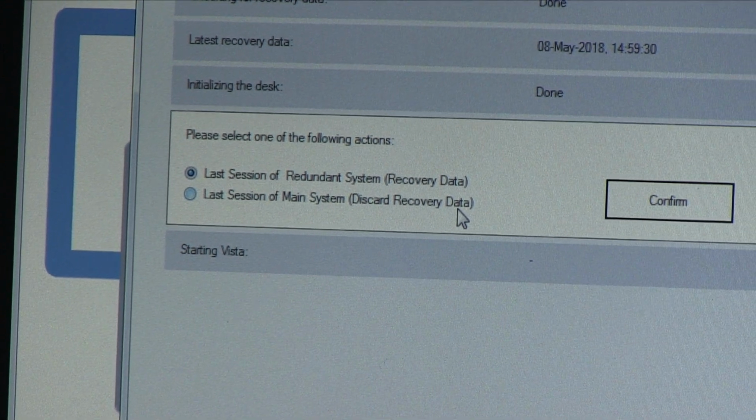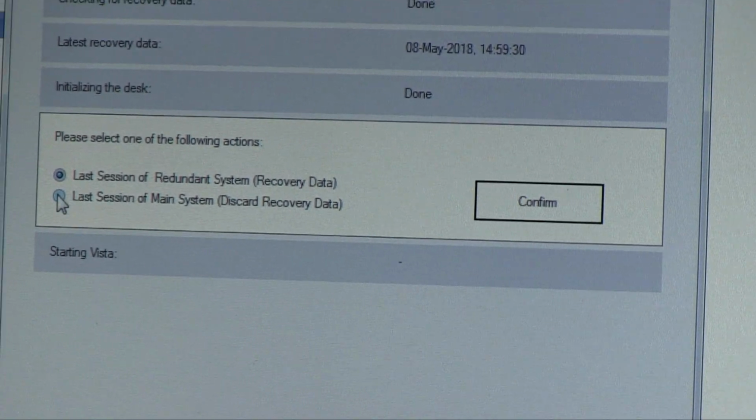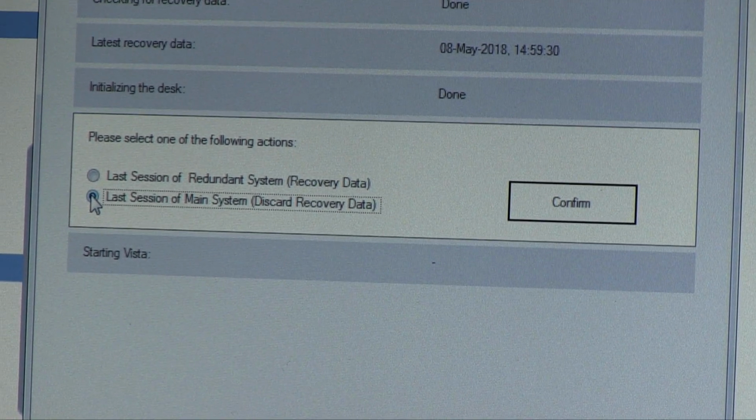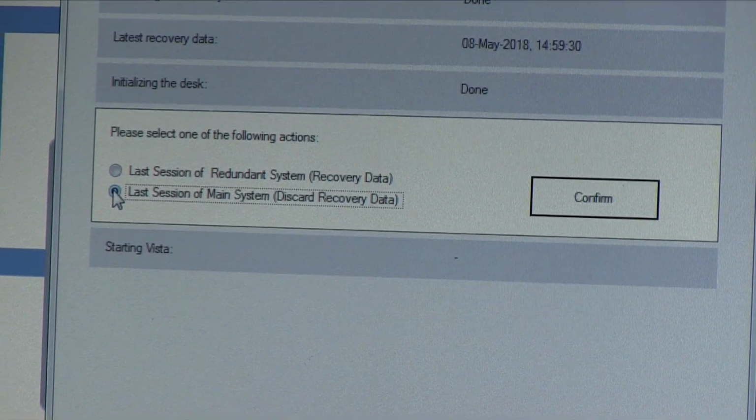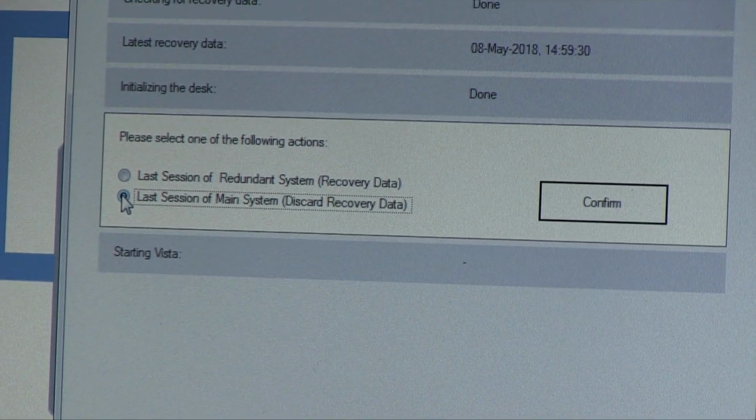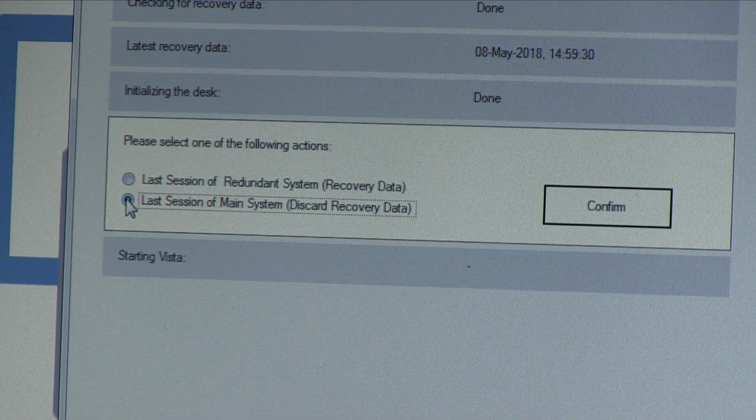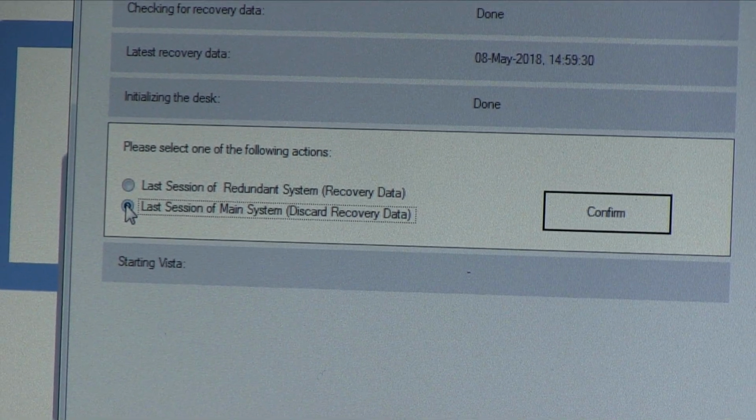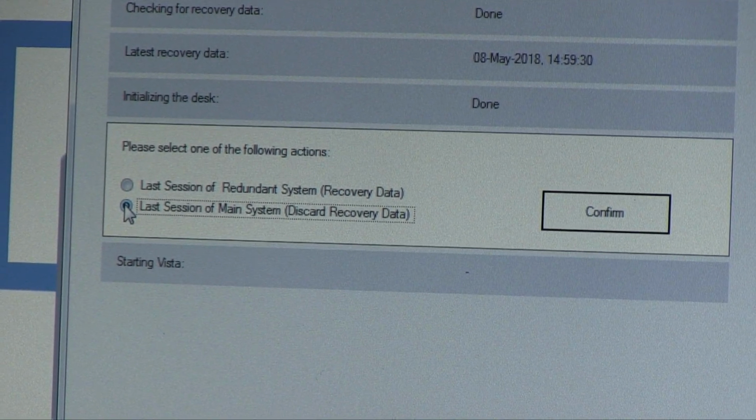I want to go back to the main system and discard the recovery data. Should you have been at a point where your main system truly failed and wouldn't boot, and you've been working on the redundant system for a week and made changes there that you wanted to keep, once the main system is back up and running, it will ask you this question: